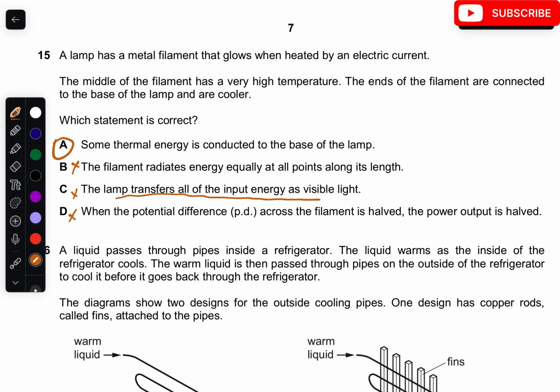Because D is not correct, because the filaments are connected to the base of the lamp, and there is